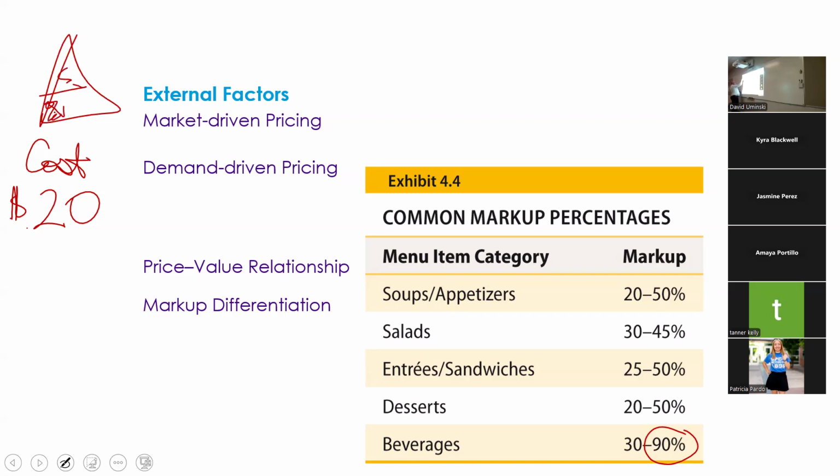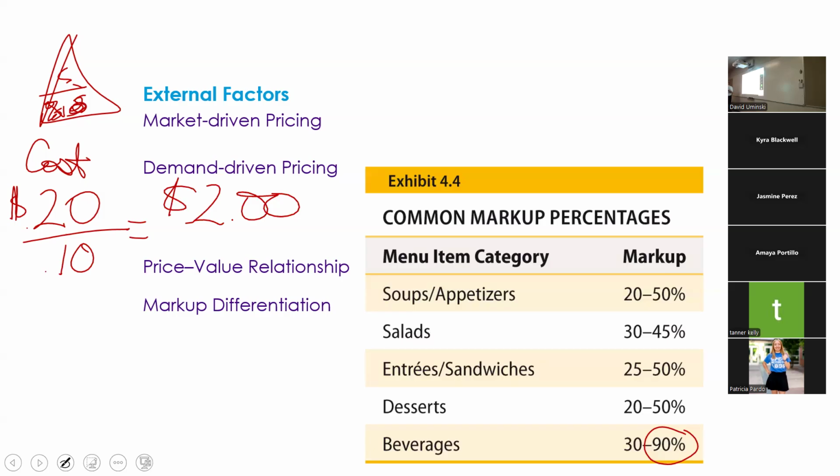Cost percent sales. Okay. If I'm looking for how much to sell it for, I divide this by 0.1, right? That's my 10%. What is 0.2 divided by 0.1? $2. Does that sound about right, that we sell our iced tea for $2? Yeah. Even more now, right? We might sell it for $3, right?